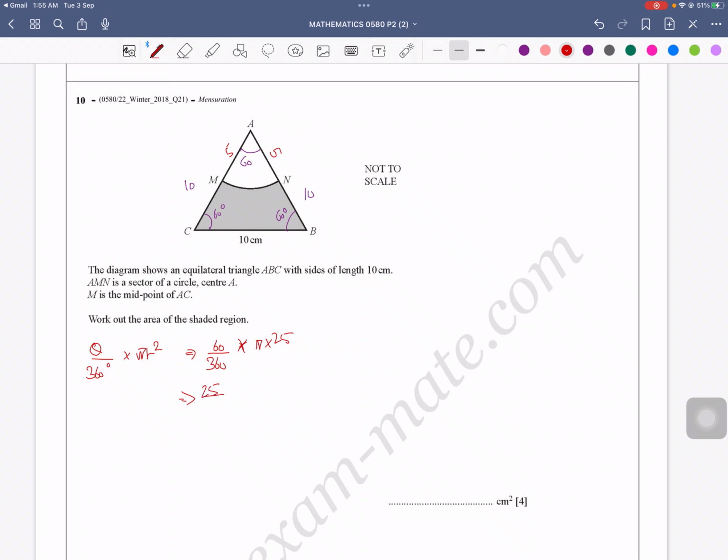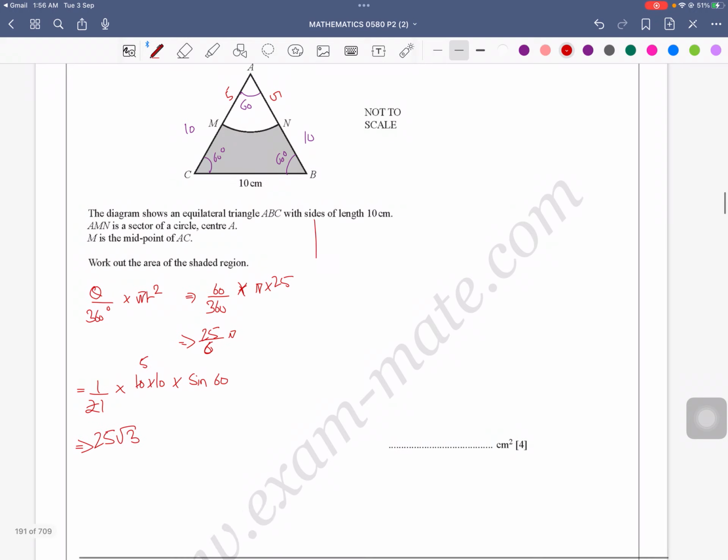This will become 25 over 6 pi. Let's find the area of the triangle. We'll use 1 over 2 AB sine C to make our life easy. The lengths are 10 for the entire triangle. The angle is 60, right? So it becomes 50 sine 60 after cancellation, which is equal to 25 root 3. When I subtract the both of them to get my answer,